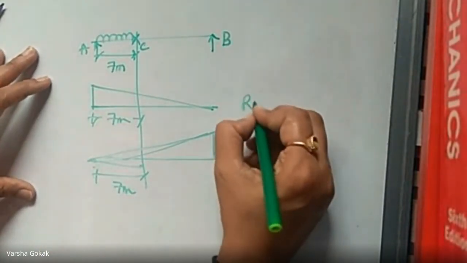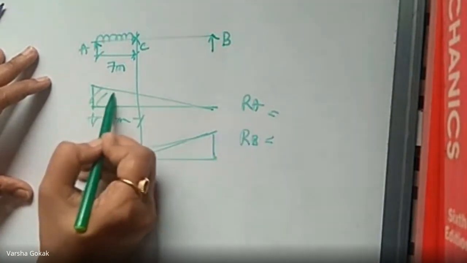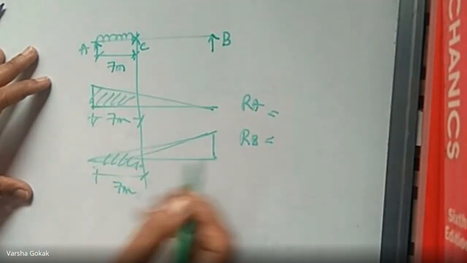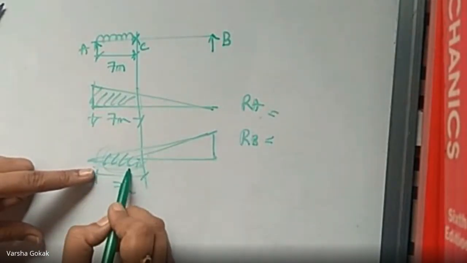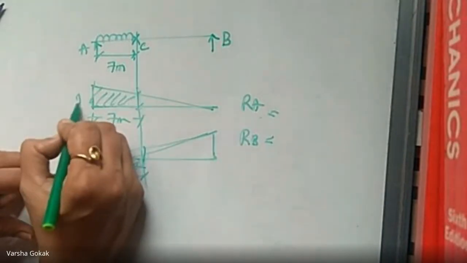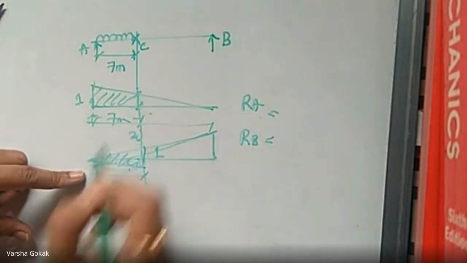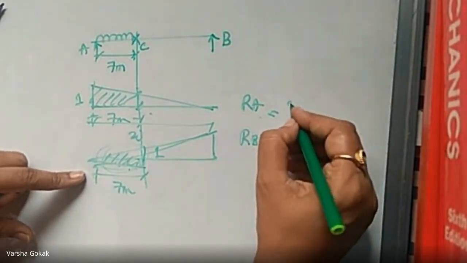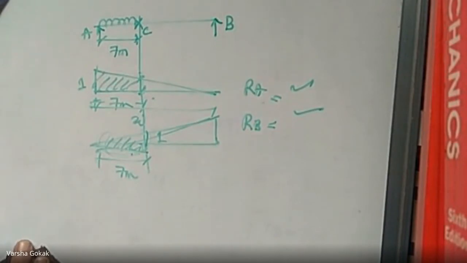So we calculate RA and RB values by taking the area between AC. RA would be the area of a trapezoid, RB would be the area of a triangle. So half, base is 7, height. We calculate this ordinate because this one is known, this is 7 and this is 20. It will be easy for us to calculate this ordinate. Based on that, we calculate RA and RB first. That is how we calculate RA and RB.